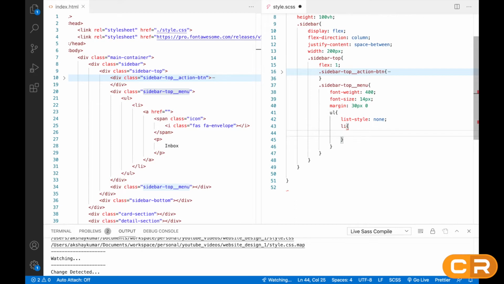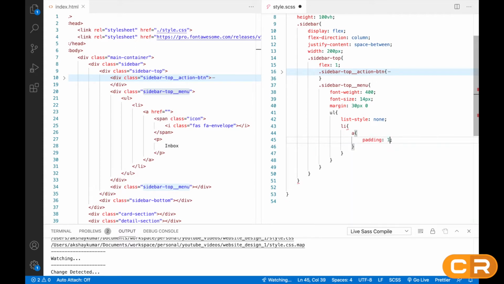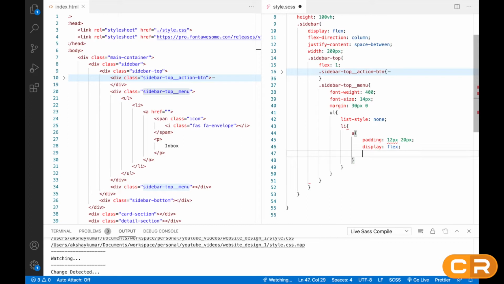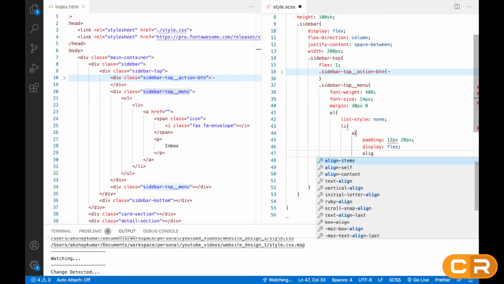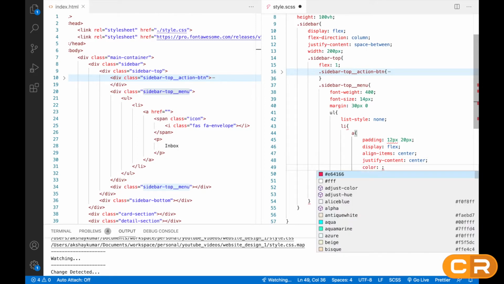Inside LI, we'll write A. Here we'll give some padding, that will be 12 and 20. Display flex. Align item center, justify content also center. And color will be some gray color.